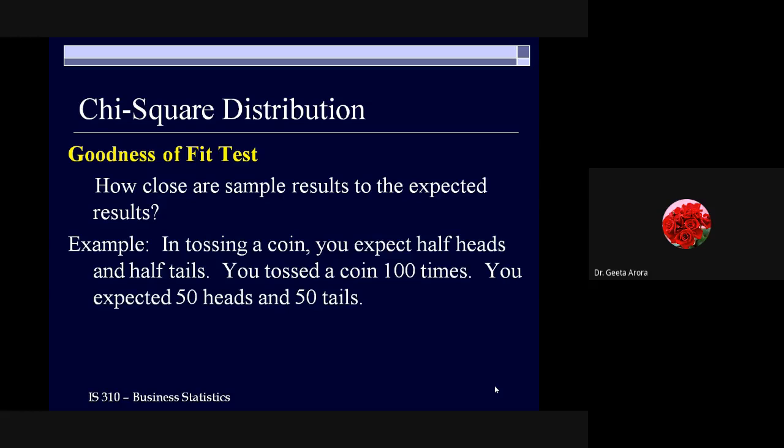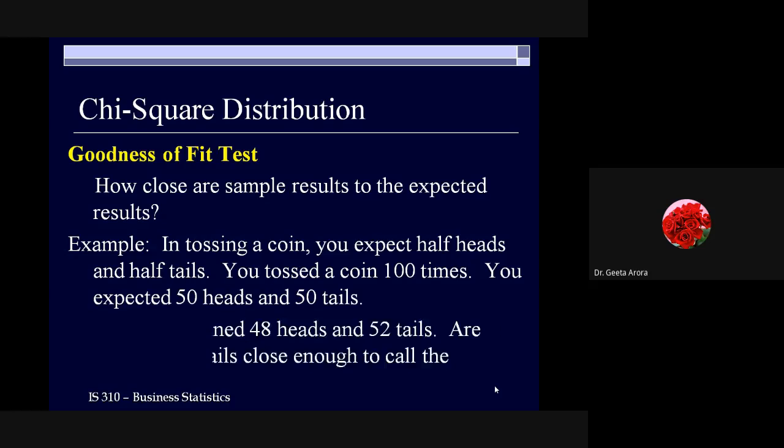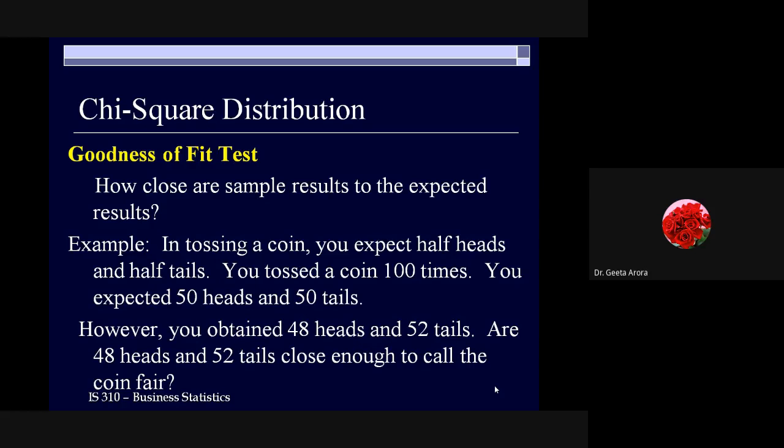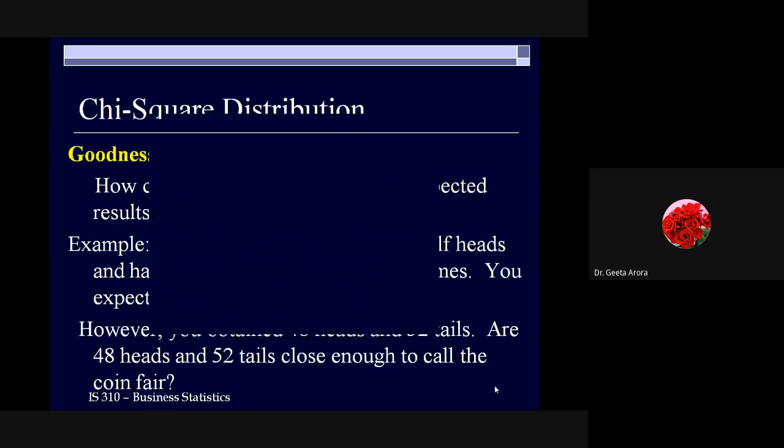Here we have one more example. If we are tossing a coin, we can expect half of the time we get heads and half of the time we get tails. It means if we are tossing 100 times, we can expect 50 heads and 50 tails to appear because we know both of them have the same probability. But is it happening so? No, it is not true. Might be we can obtain 48 heads and 52 tails. Correct? And now if we are getting this, can we say that it is the same as the 50-50 we are talking about? No. So whenever we are looking at how close your results are to the prediction you made, we call it a goodness of fit test.